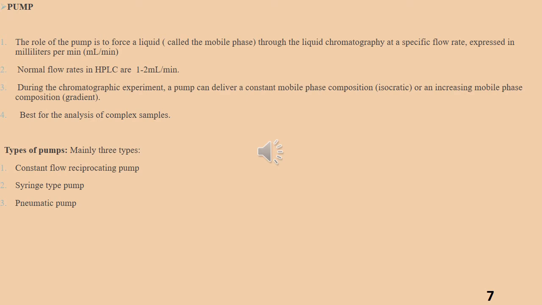Now coming to the types of pumps. There are 4 types of pumps, that is pneumatic pumps, syringe type pumps, reciprocating pumps, and finally hydraulic amplifier pumps. Starting with the pneumatic pumps. Pneumatic pumps are now mostly used for the preparative purpose or column packing. These pumps are not in common use now. In fact, actual pumping systems can be classified as non-reciprocating pumps or one-headed, two-headed and three-headed mechanical reciprocating pumps.